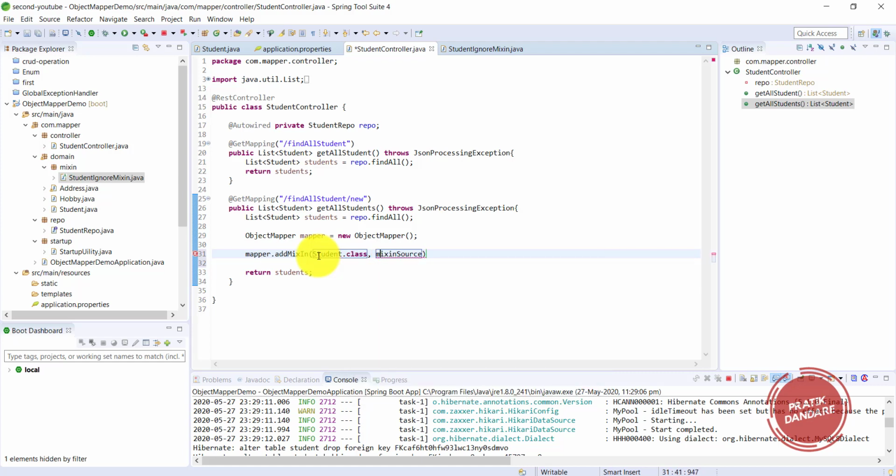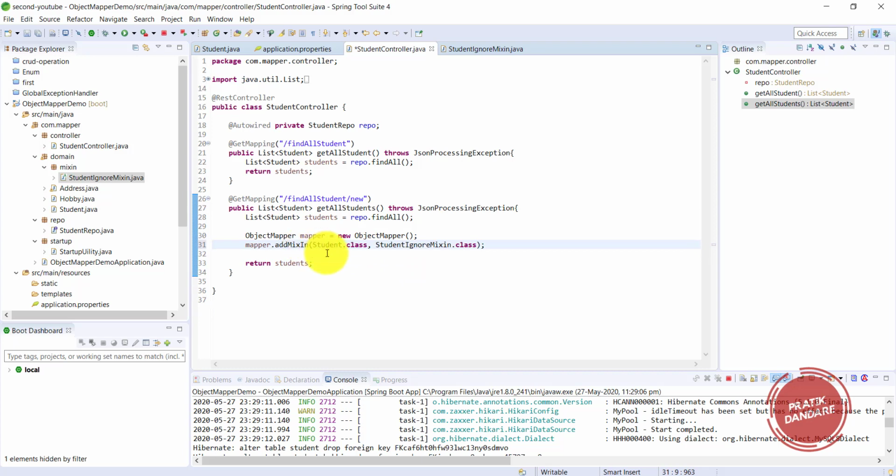And what is our mixin? The student ignore mixin. I need to use that. So our configuration is ready for this mapper.